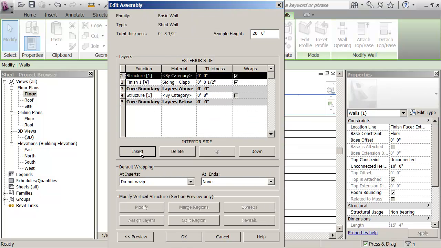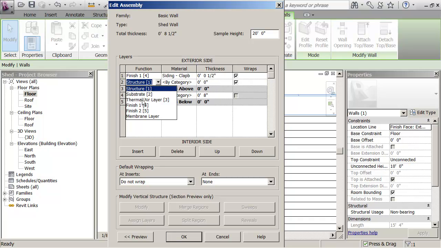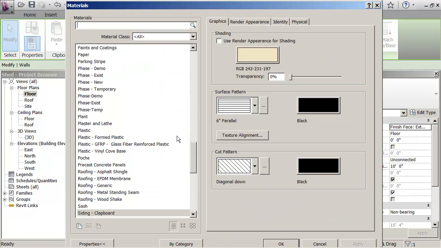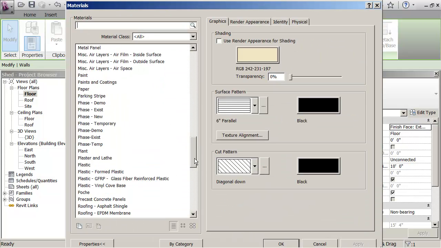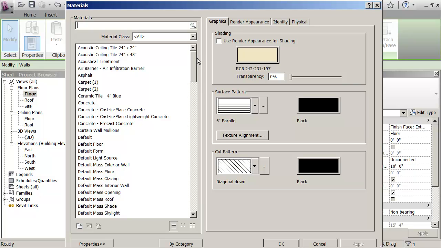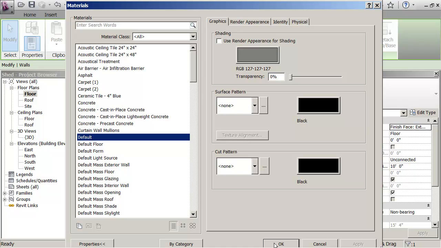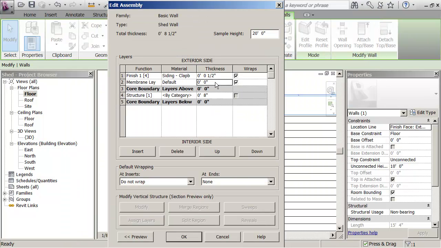So if I say insert and then down here, what I'm going to say is that this is a membrane layer, and I'm just going to go with a default material here because it's not going to have any thickness. So that would be 0 inches thick, and then what I'm going to do is let me make this a little bit larger so you can read the